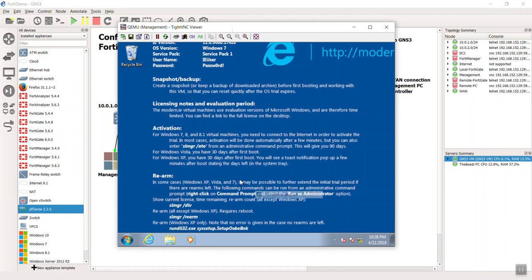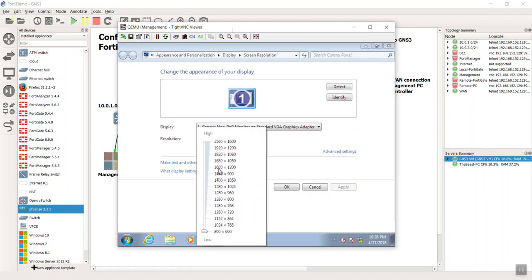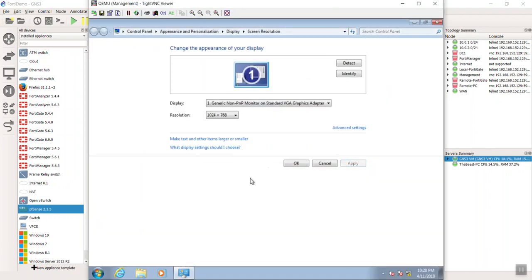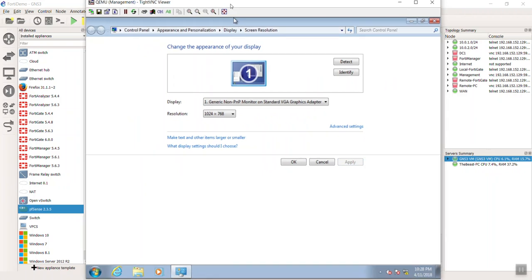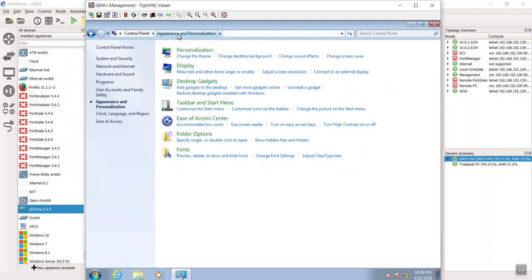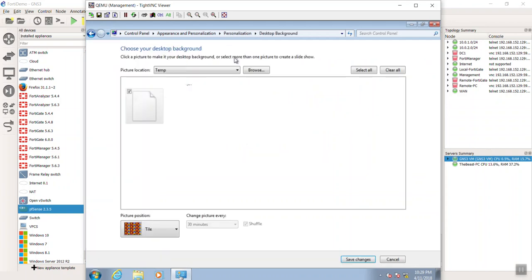So I'm going to go to screen resolution first. I'm just going to crank it up a little bit, that way I can see more of what I'm doing. All right. See? A little bit better, right? And then also, if we go back to appearance and personalization, I don't want to look at their little, hey, this is how you use this machine. So I am going to change the desktop background. And you can put your own branding in there if you want, or what have you. In fact,